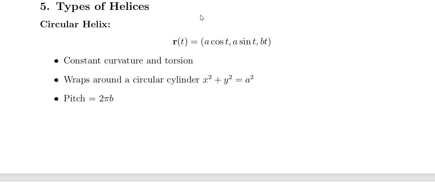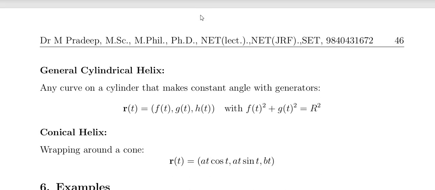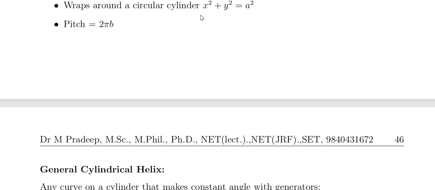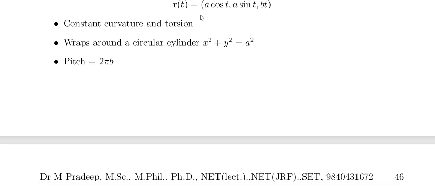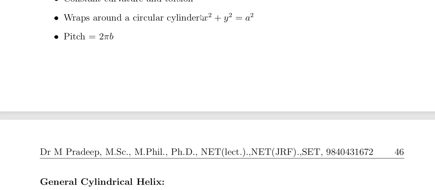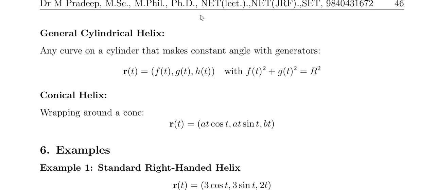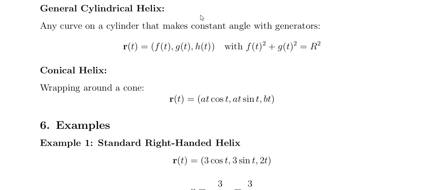Type of ellipses, we can say circular ellipse, which we already discussed. For this circular ellipse, what is the constant curvature and torsion, and the circular cylinder that it wraps around, with pitch 2 pi b, and general cylindrical ellipse, that is any curve on a cylinder,